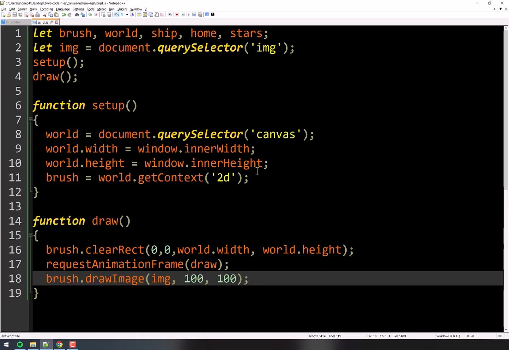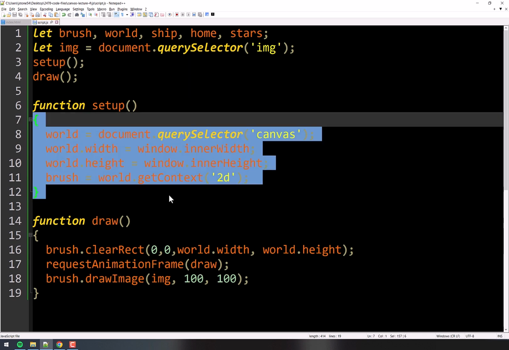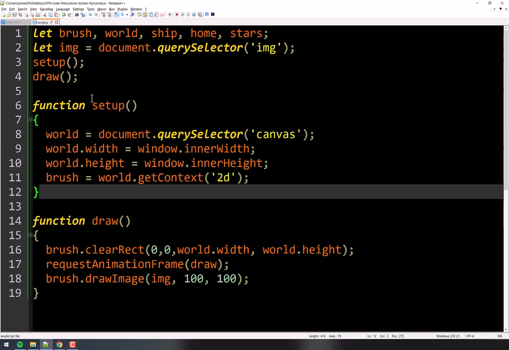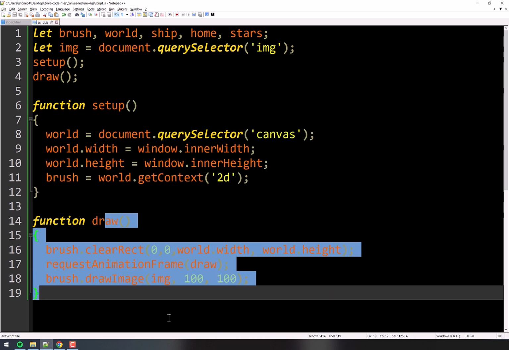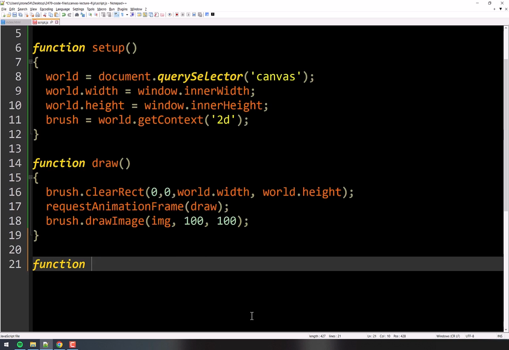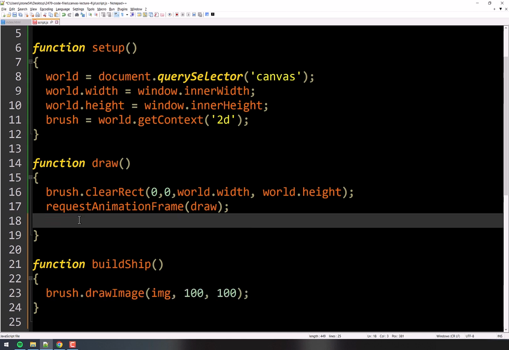When we do our animation, we want to keep it down in here, and we don't need to have it in our setup because we start by using the setup function, right? We call this, we set up all this stuff and a bunch more stuff we're going to do in a minute. And then as soon as this all runs, we're going to call the draw function. So let's put this here and let's just go function buildShip. Okay. And we will move this here and we'll say buildShip. We take a look here and everything's still working just fine.